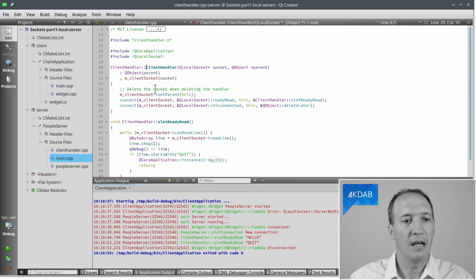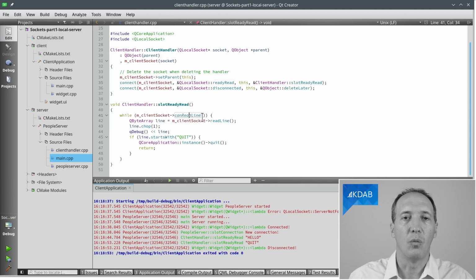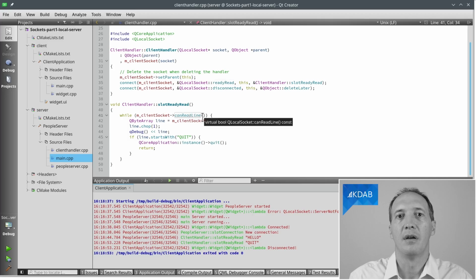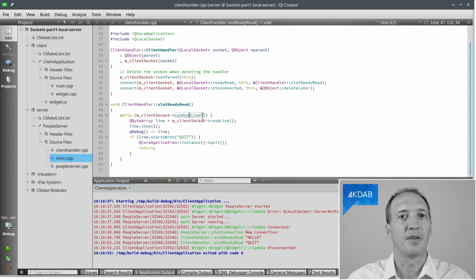And the client handler class will connect to the ready read signal. It gets the request from the client, and then it can, once it has a full line, right, the data could be split in chunks because it's too big, and it would be sent in several pieces. And obviously, we can only process a command once it's full. So we need a full line, and that's what we test with canReadLine. Once we have that, we actually read the line, chop the last line feed at the end, and then we can process that request. For now, we'll just show it on screen.